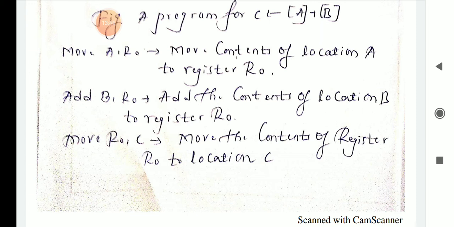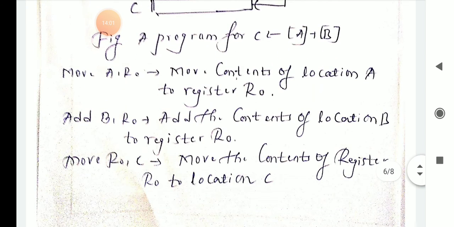Okay, so this is the process happening, taking one example, 8 plus 5, which is 13. That 13 is stored into C. Whatever the result in R0 is, you directly move the contents of register R0 into location C. Okay, I hope you are understanding this program. You can observe here a program for C equal to A plus B. In A you have 5, in B you have 8. So 5 plus 8 is 13, and 13 is stored into C. So as the result you get C equal to 13.